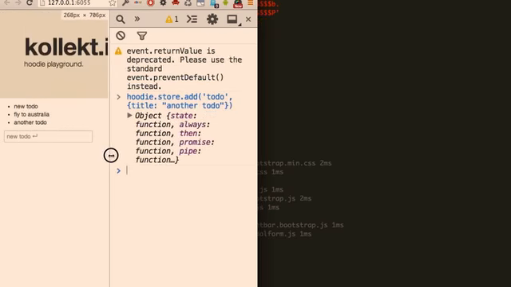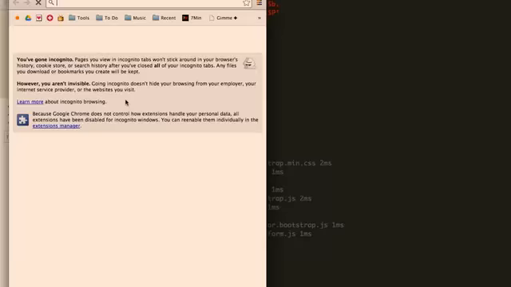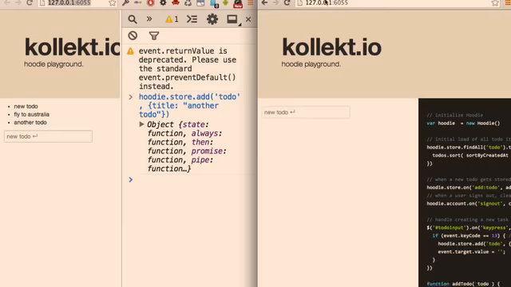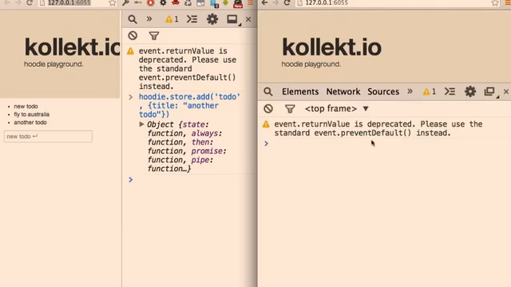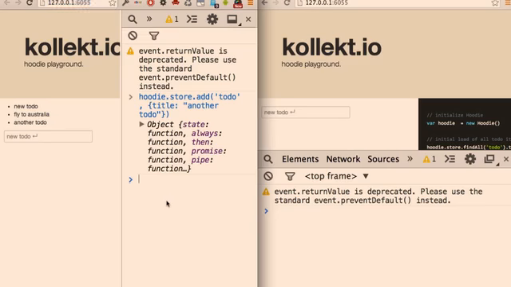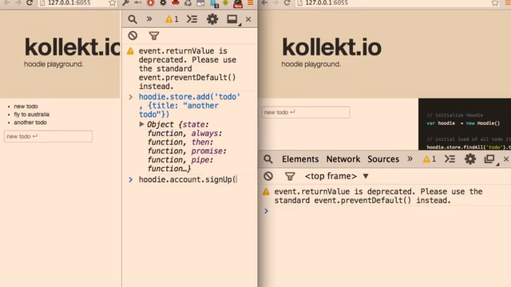Let's open that tab again in another browser and see how syncing works. So for syncing to work, I need to be actually signed in. So right now, this was all without a user. Now I'm going to sign up. So the Hoodie account, sign up, just some test credentials, super safe.